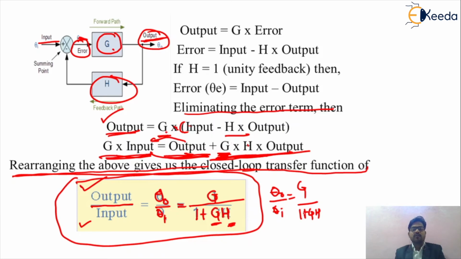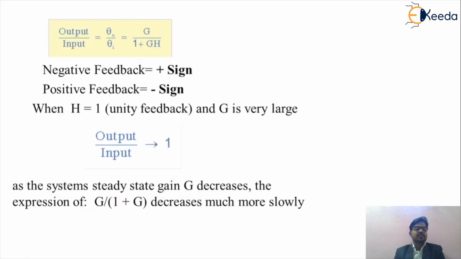So friends, now we can consider whether the value of this transfer function is positive or negative, and on which parameter it depends. We have this output equation of your signal, which we call the transfer function. If we are using negative feedback, it means the value of the feedback is negative. The change in the speed in that particular feedback signal will be shown by the positive sign. So we are taking the feedback signal as negative.